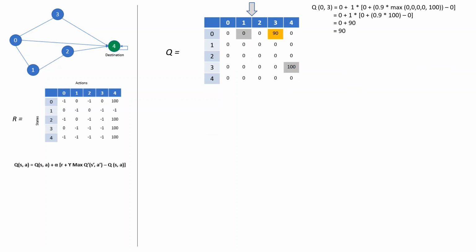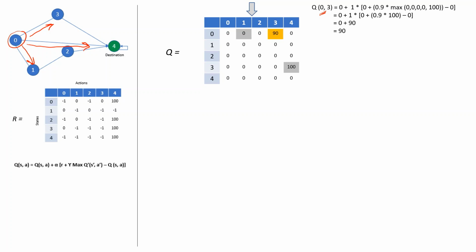Similarly, if we take another state randomly 0. So from 0, again there will be 3 possible actions, either from 0 to 3, 0 to 4, or 0 to 1. So let's say our agent picks up action 3.